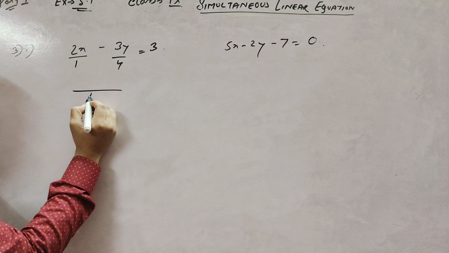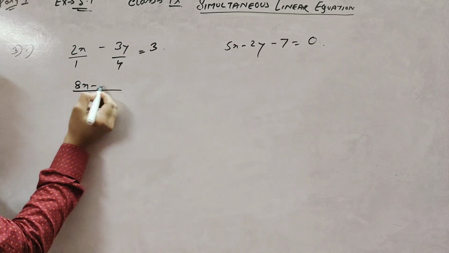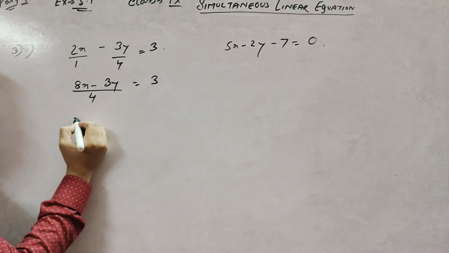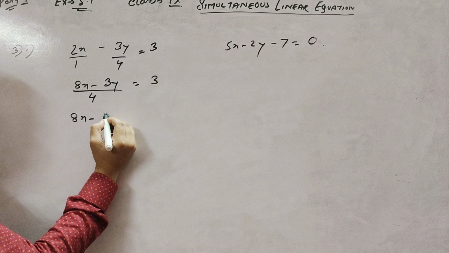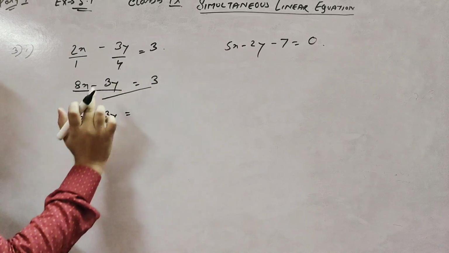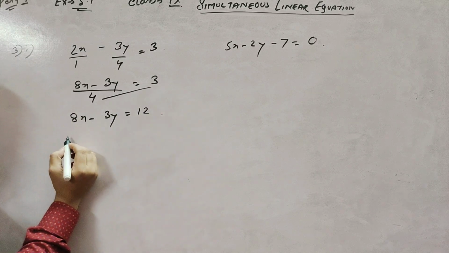Taking the LCM, that is 4. 4 into 2x is 8x minus 4 divided by 1, 1 into 3y is 3y equals to 3. So 8x minus 3y equals to, this 4 going here, that means 4 times 3 is 12. Okay, so you see